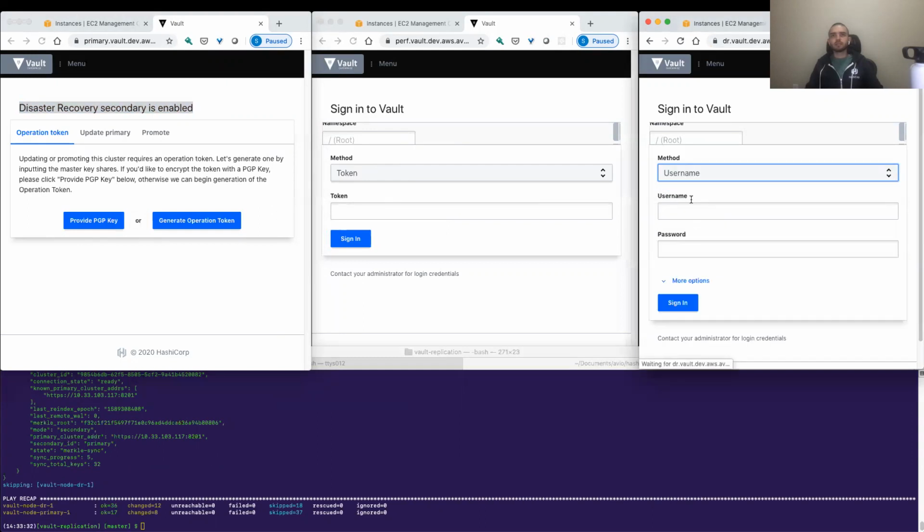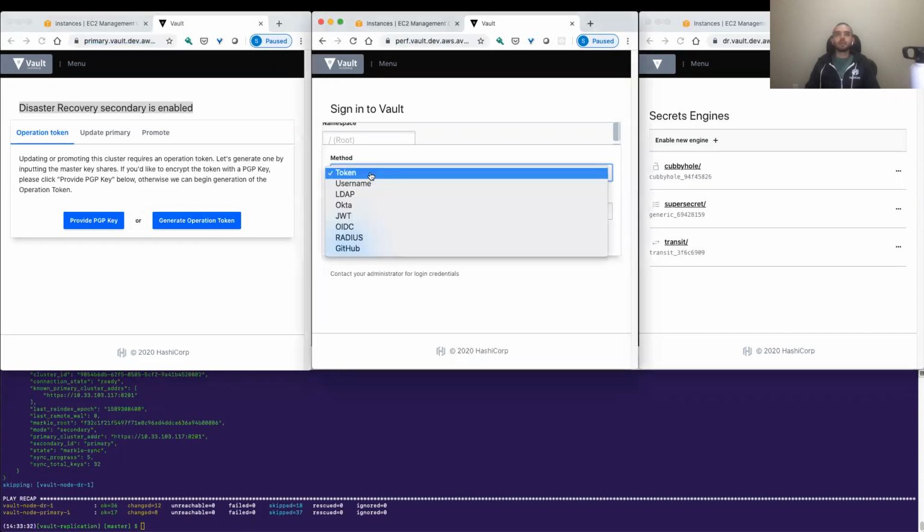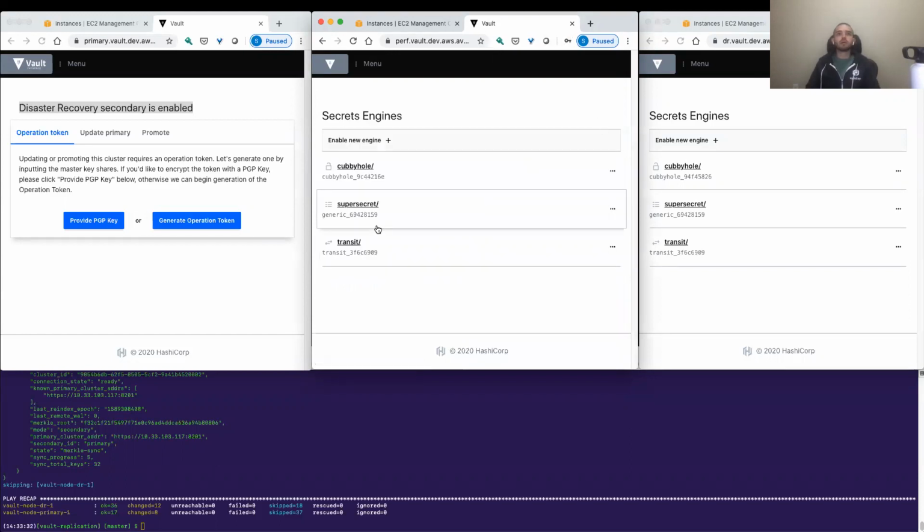So if I go ahead and log in, I see everything that I had basically originally in the primary, right? And if I log in to the performance cluster, right? Let me show you how